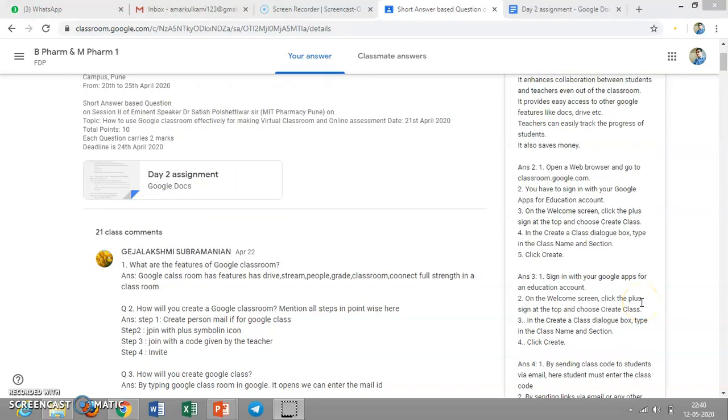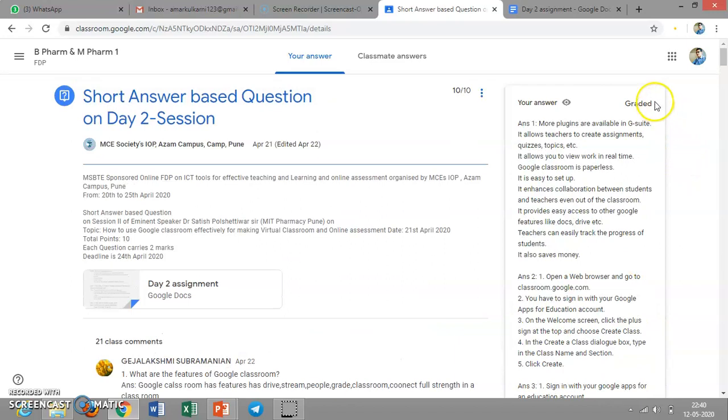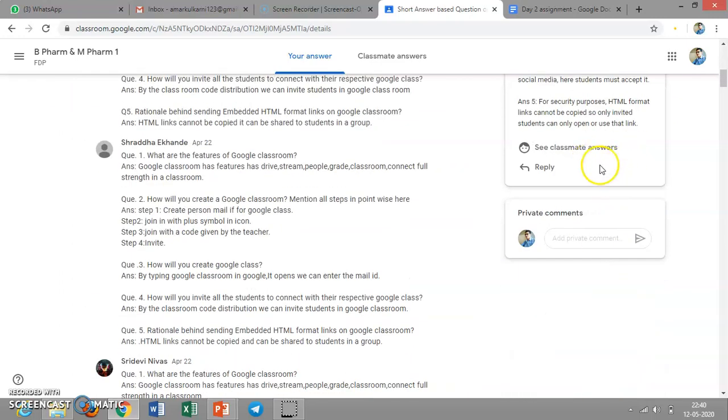I failed to find the turn in option here because this assignment is already graded. If the assignment is not graded, there is one tab, one option, that is turn in.